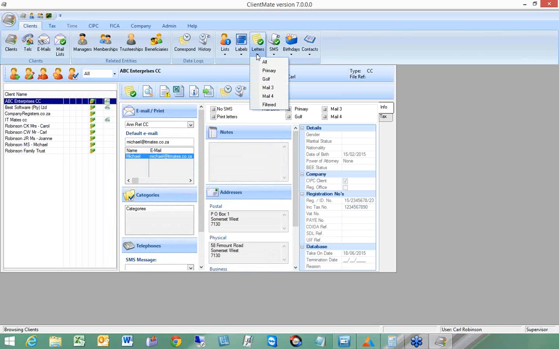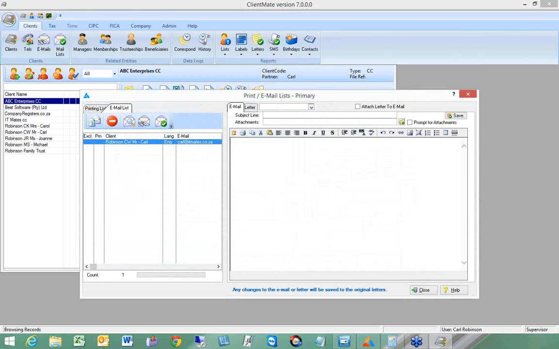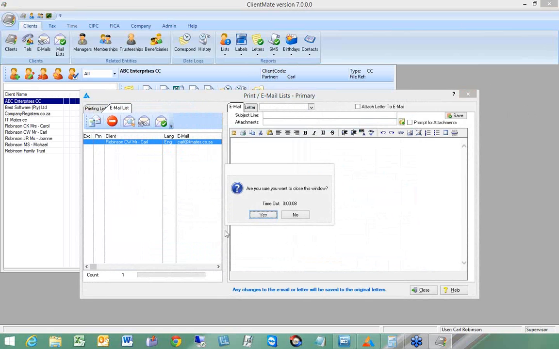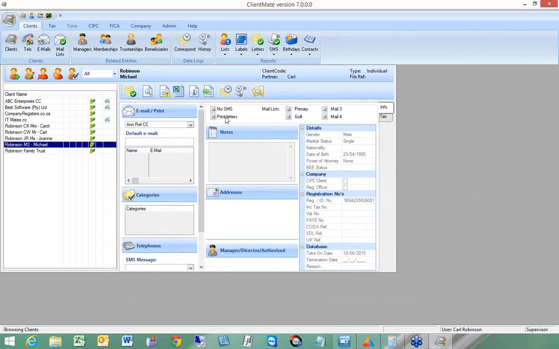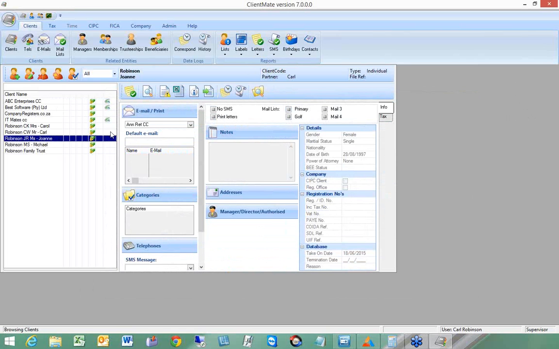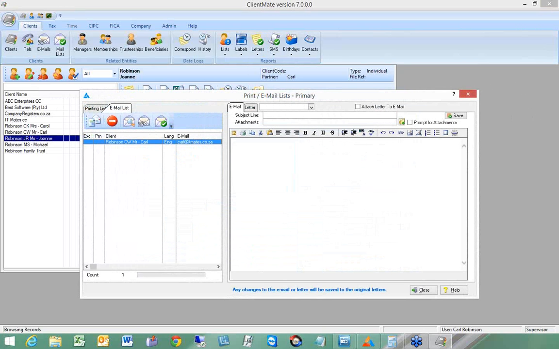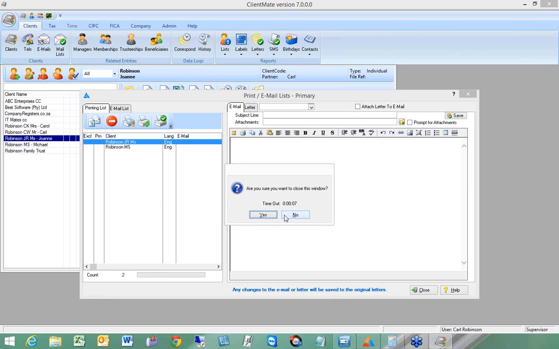That's better. All right. So I want to send the letters to everyone on the primary mailing list. Oh, there's only one. Okay, let's add a couple of other people. Let's put Michael on the primary mailing list and Joanne. Okay, so I'm going to send a letter or email to the primary mailing list. Oh, now they didn't come out on that list. They came out on the printing list. Why was that? Because they didn't have email addresses